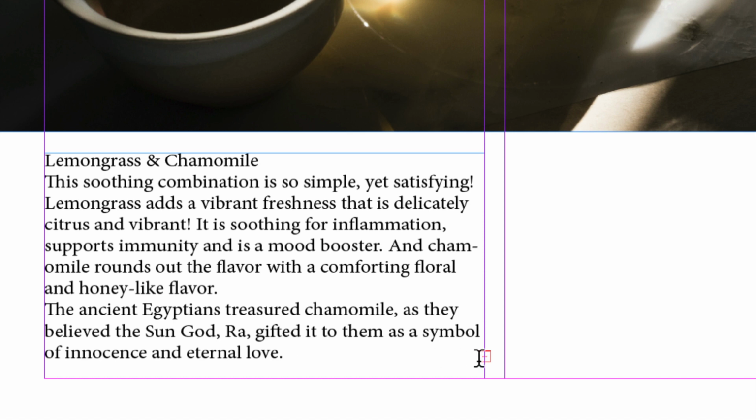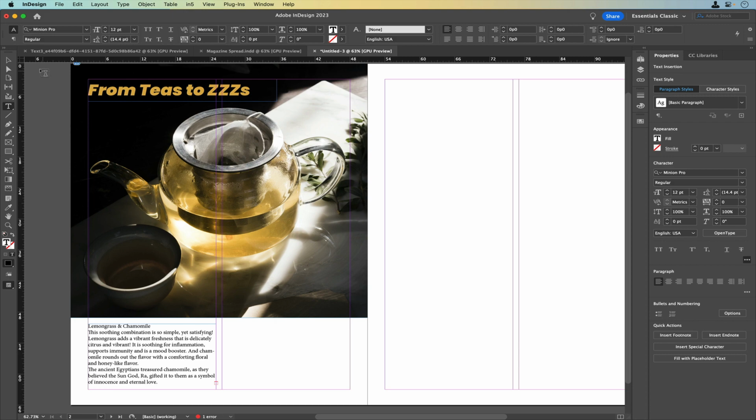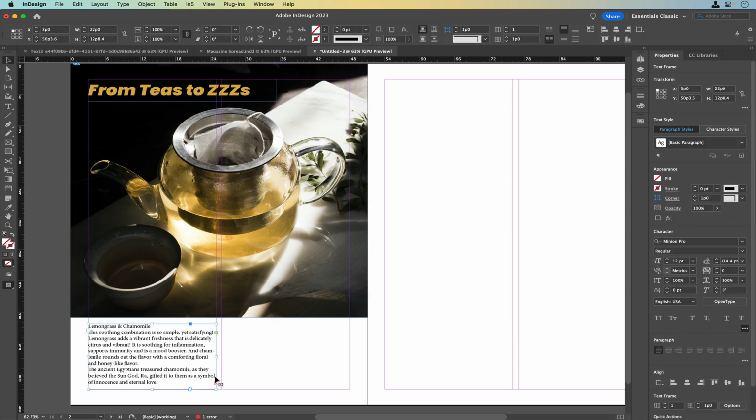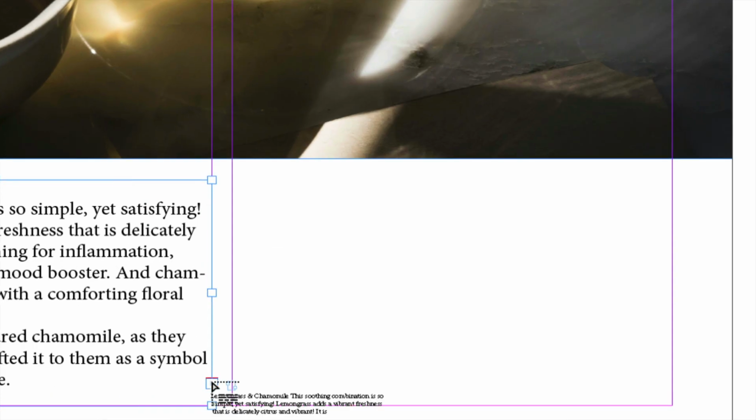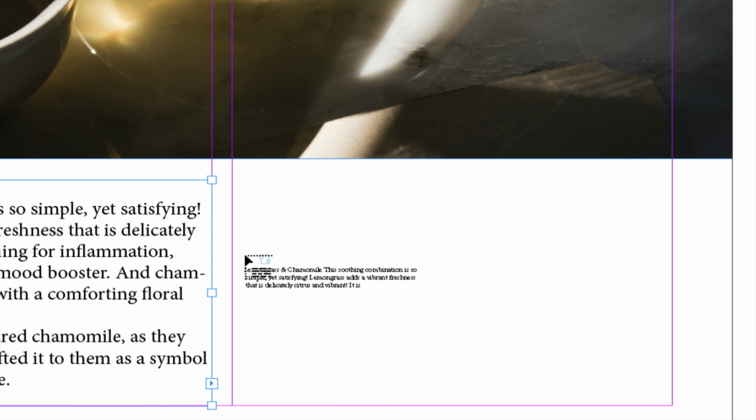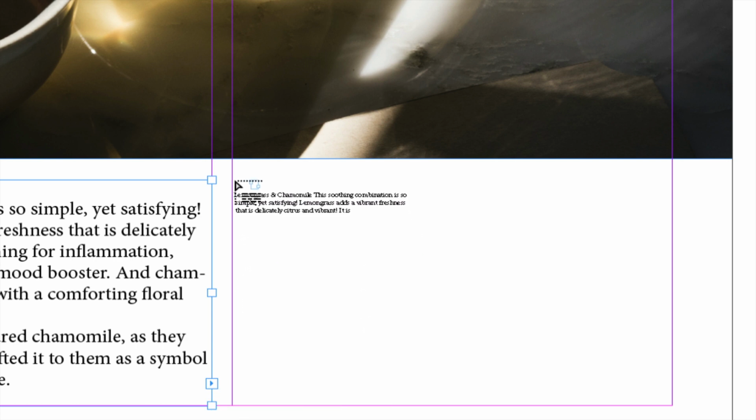The other thing I want you to see is this little red box over here, and this is the port. Typically the port is going to be blue, but when there is text in this text frame that is not available, so you're not seeing it, that's referred to as overset text. So that overset text is being indicated by this little red port that then, if I use the selection tool, I can come and click on the port, and then it loads that text onto my cursor,